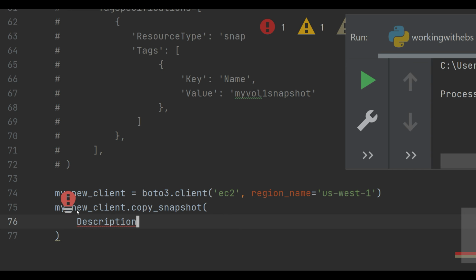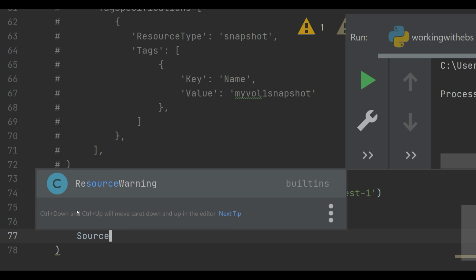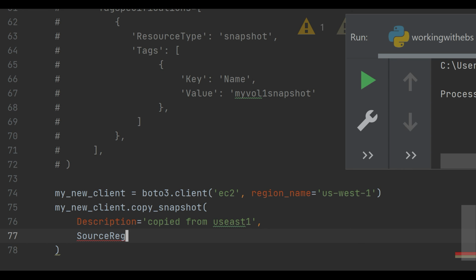Description is equal to copied from US East 1, right? Source region is US dash East dash 1. The source snapshot